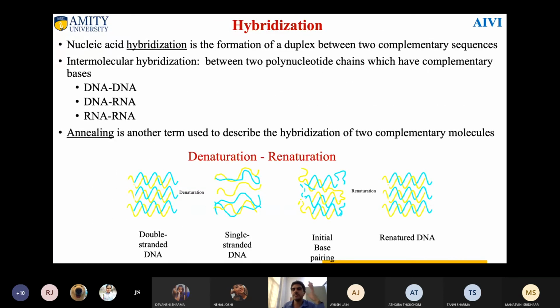I told you a bit of this melting temperature. We'll talk in detail in PCR because there you are going to utilize it more. But you should consider one thing: at the melting temperature, your DNA is going to be more single stranded than double stranded. Above the melting temperature, your DNA is going to remain single stranded. It's not going to be double stranded. Okay, so the thing is that what we are saying,